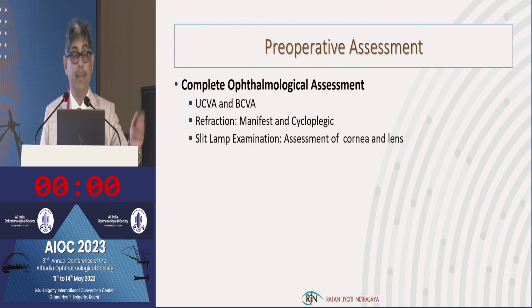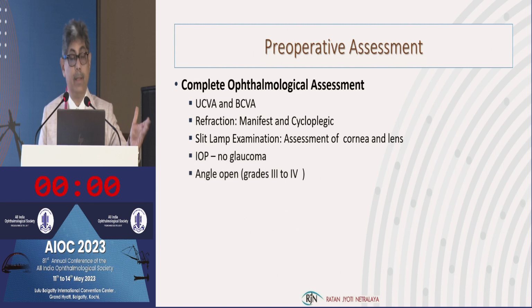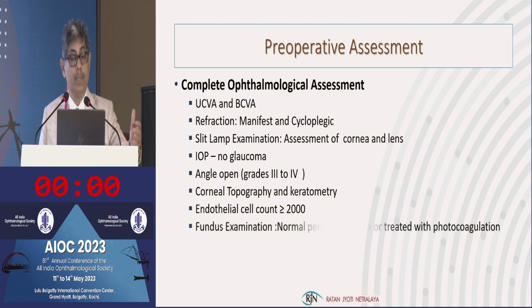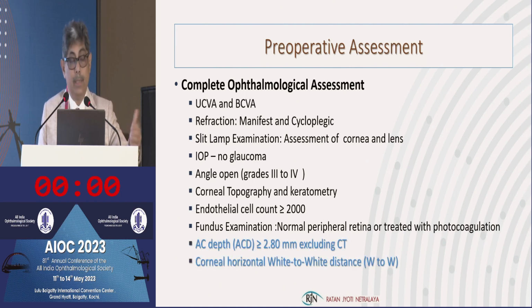Complete ophthalmic assessment: uncorrected and best corrected visual acuity, refraction, manifest and cycloplegic, complete slit lamp examination, normal IOP, open angles grade 3 to 4 Shaffer, and corneal topography, keratometry and tomography. All is done. And in all these cases, endothelial cell count should be more than or equal to 2000, and fundus examination should show a normal peripheral retina, or if there is any lesion, it should be treated beforehand